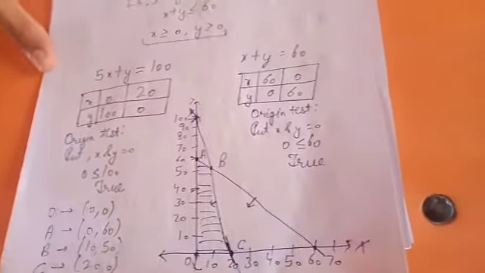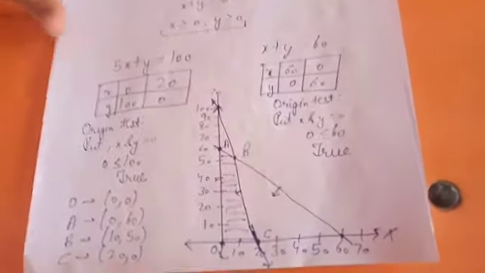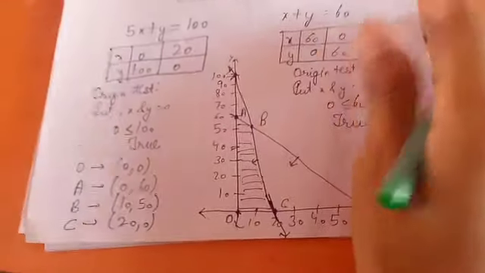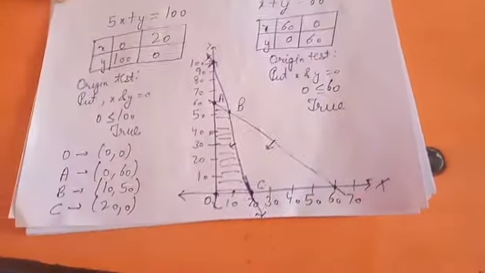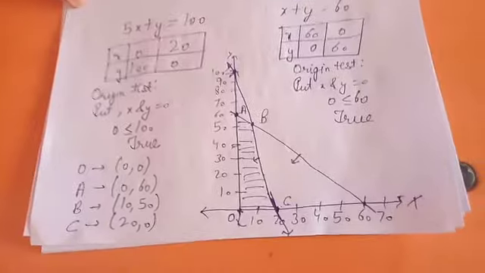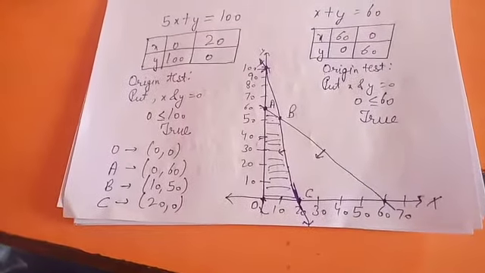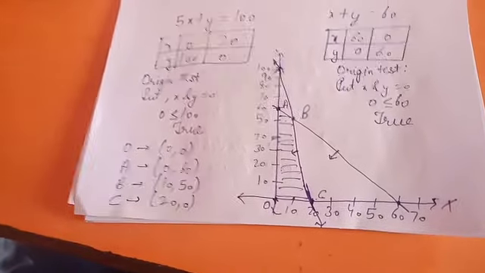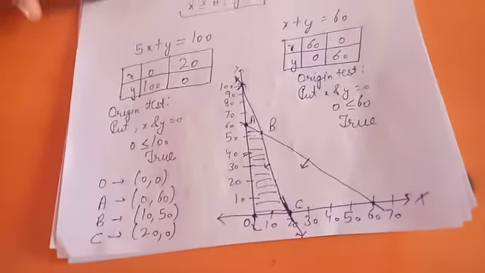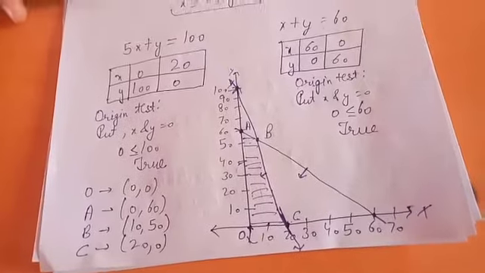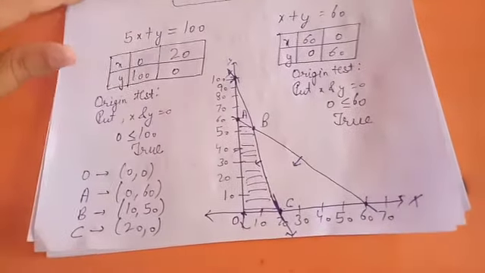our region is closed from all sides. In some questions we will get that the region is open, not closed from one side. About that we will discuss in our next video, and whatever will be the problems or difficult questions in exercise 14.2 we will solve them in the next lecture.